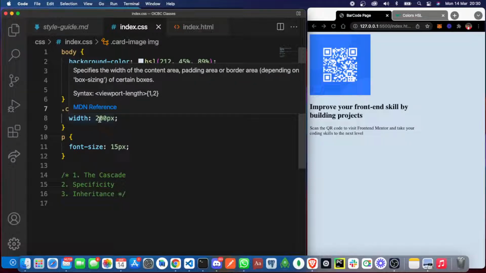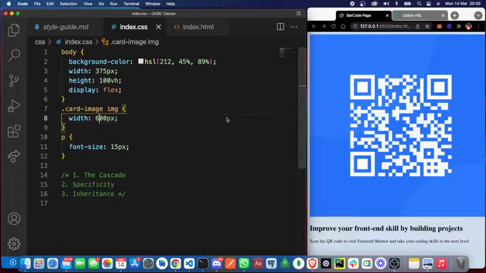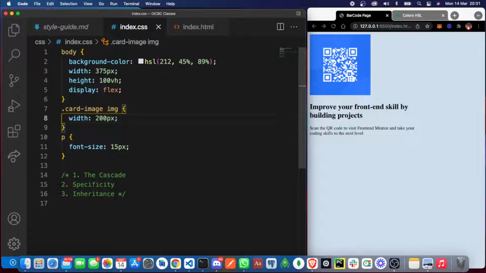You can see that there's no difference now. And if I change this to 600, you see that it still works. So this is an example of where you use combined selectors. Everything still works fine. So here we are going to also change